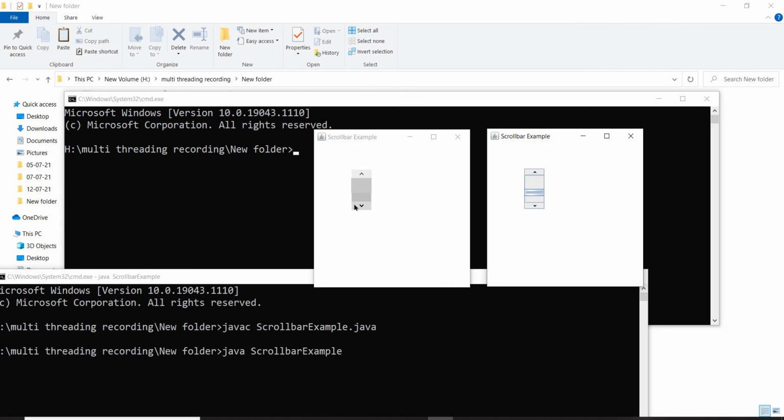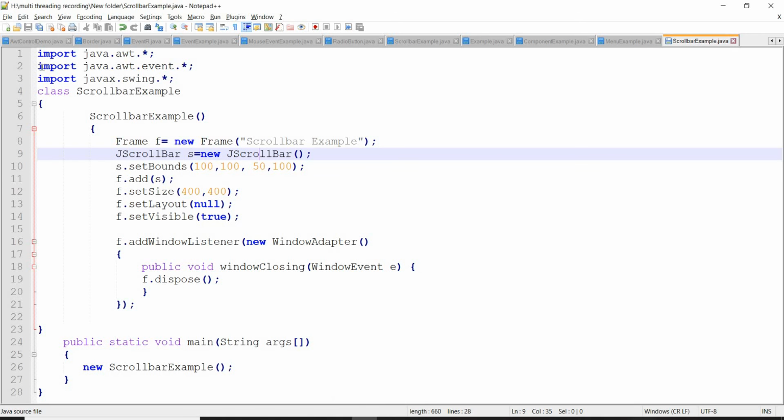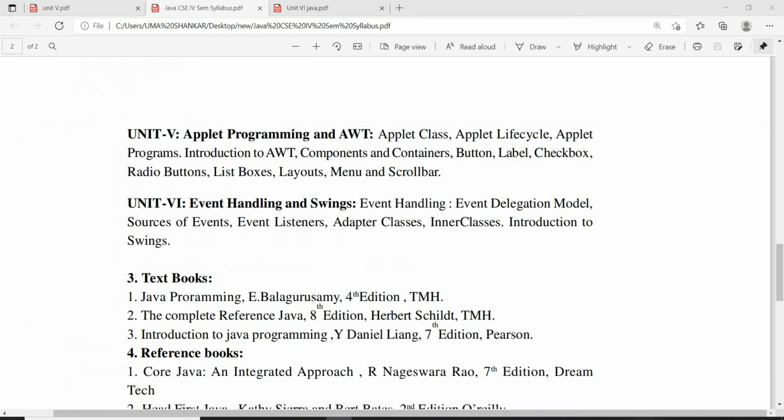Everything that exists in AWT will exist in Swing also. They will have a much richer look than AWT components. And with respect to syntax, we need to add the letter J. The letter J indicates it belongs to the Swing components. And the AWT components will exist in the AWT package, and the Swing components will exist in the package javax.swing. Okay. Let's discuss layouts in the next session.